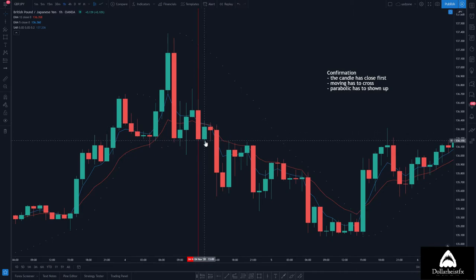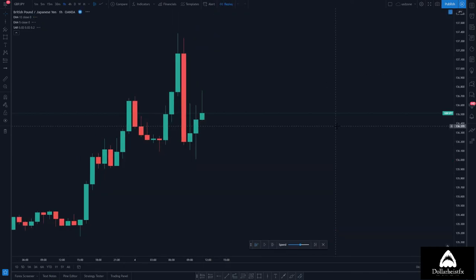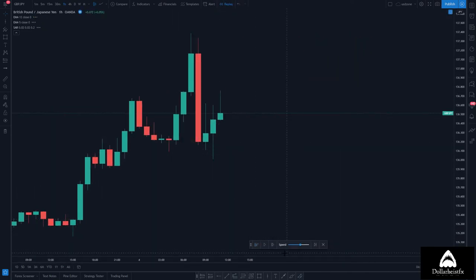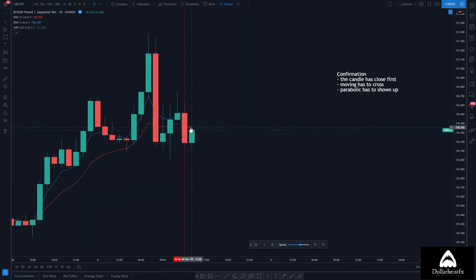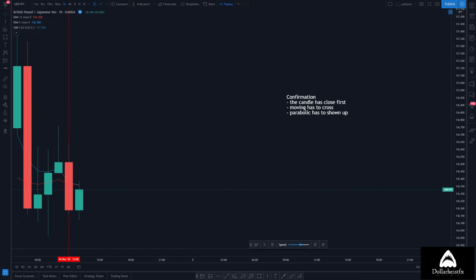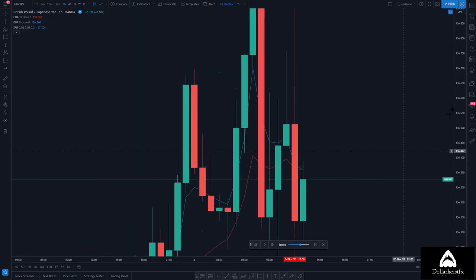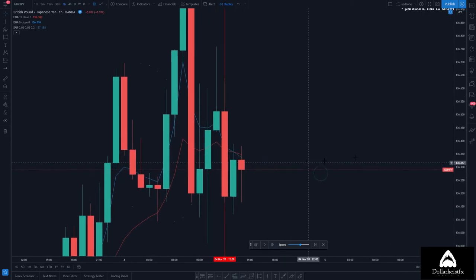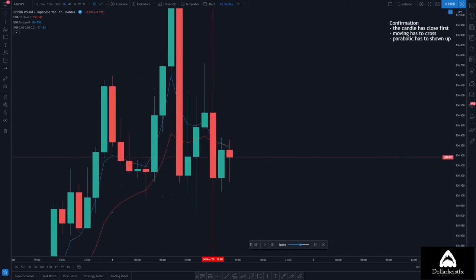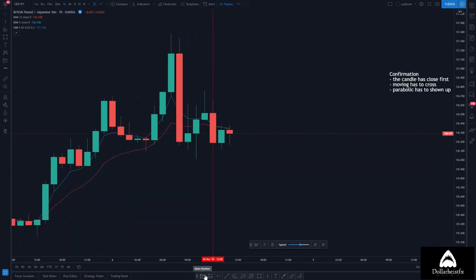So basically, you have to wait. Just to make you guys understand, I'll put a replay right here. We wait for the indicator to show up. Okay, you play, and then we see a crossing, right? I'll try to zoom a little bit more. It hasn't crossed yet, so we wait for it to cross. Okay, we wait for the candle to close, and then we place a sell right here,